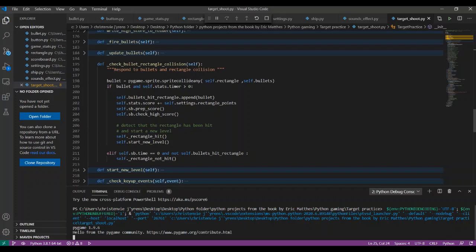If a bullet has collided with a rectangle, this list will store that bullet, and we update the score, we show the score, we show the highest score, and we show that the rectangle has been hit, and we start a new level.